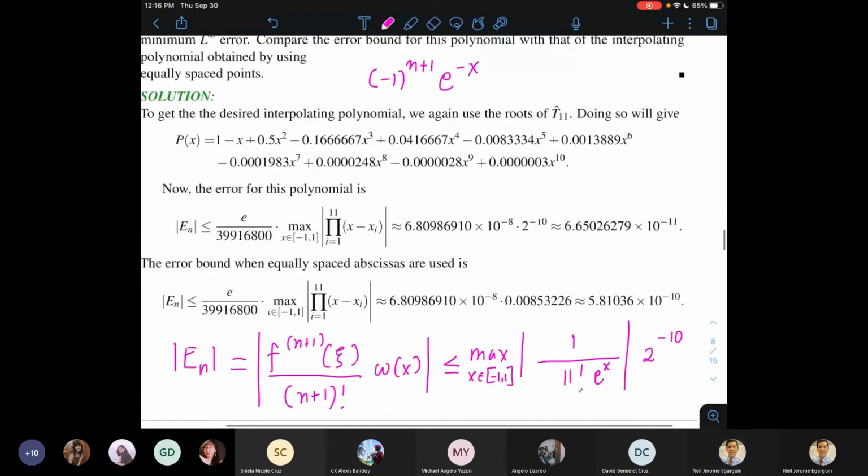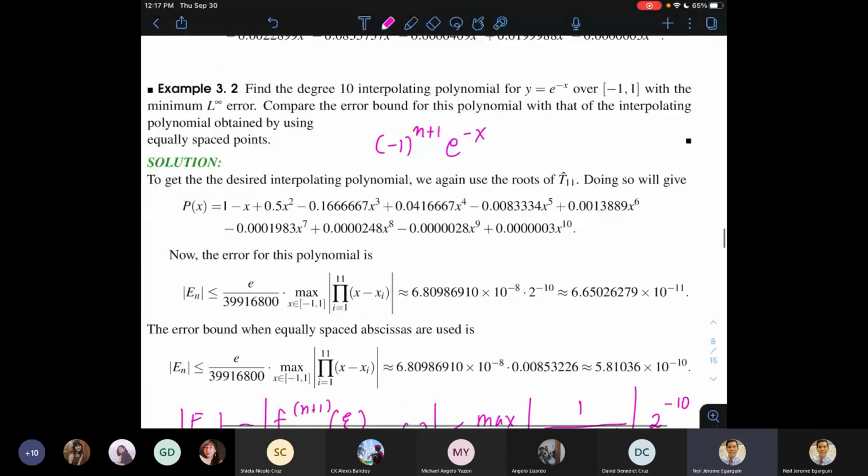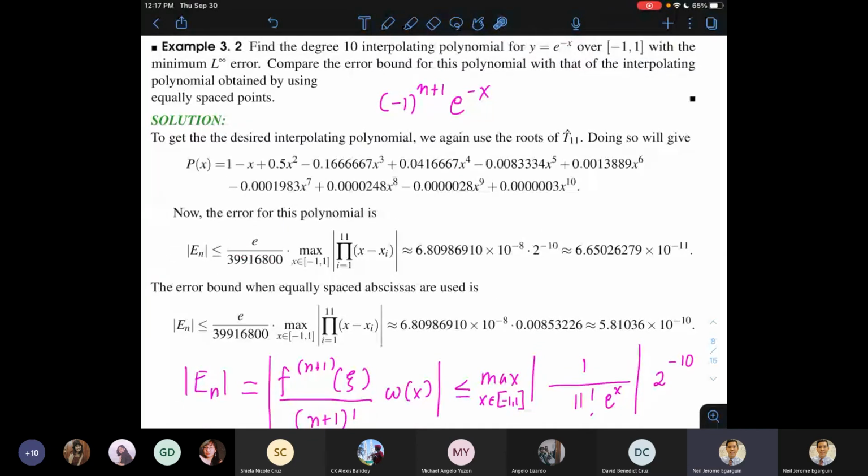Okay. Hold on. Parang may problema dun sa solution. Bakit meron akong e dito sa taas, sa numerator? Pero yung function ko ay e to the minus x. Kung siya ay e to the minus x, sir, maximized po siya at x equals -1. So, e na lang po siya. Okay. Yeah, thank you.